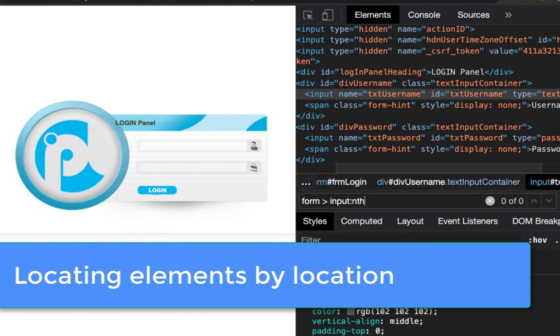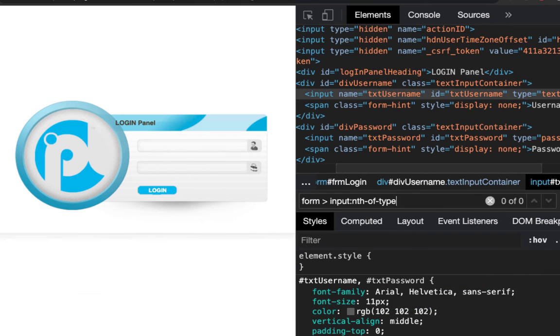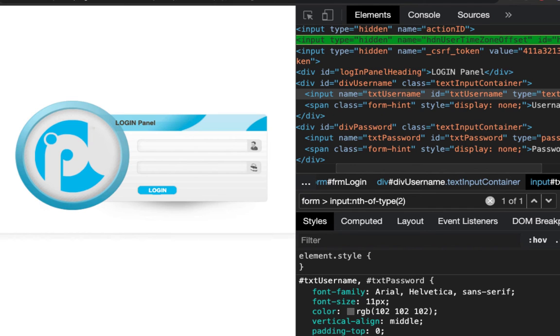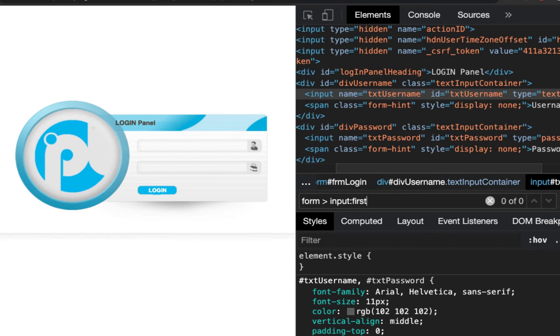Let's see how to locate elements by location. You can use nth-of-type. By position, you can give the position within parentheses, not square brackets. The value is an integer, it's 1 based, 1, 3. Likewise, you can locate the child elements when you have multiple elements.